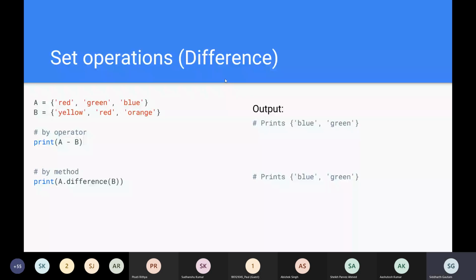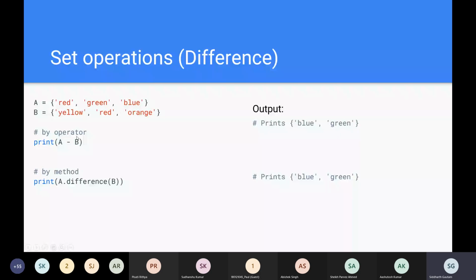Okay, so there are two ways of writing a difference. First, let's say you have two sets A and B, which I have used for the examples here. This means that I'm going to be writing A minus B, right? So the name of the function is difference, and that's why we can just write A minus B.